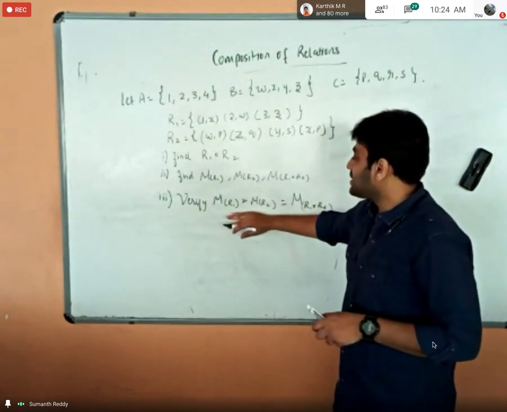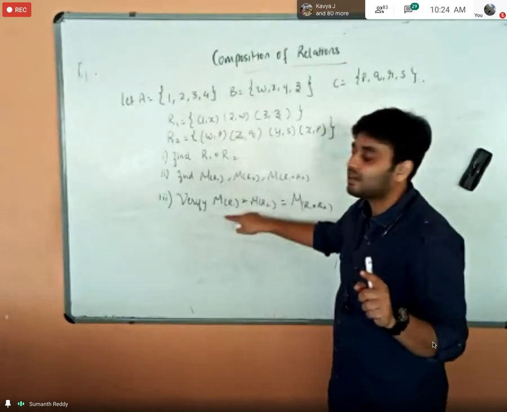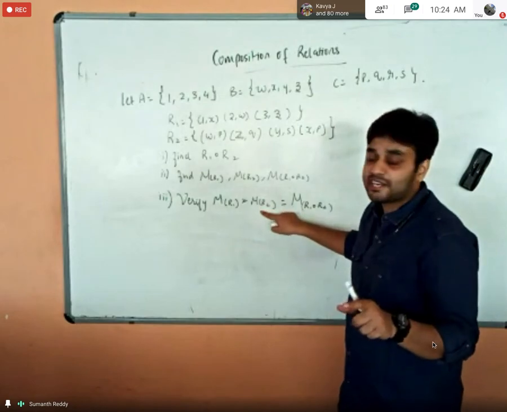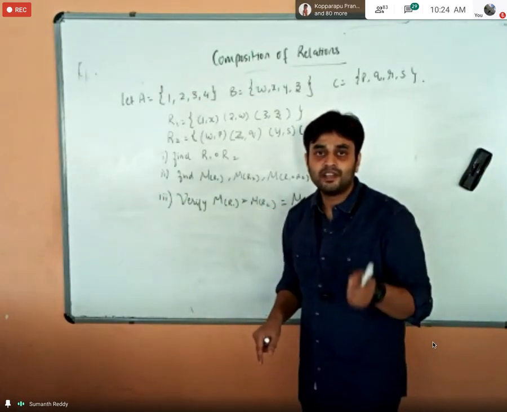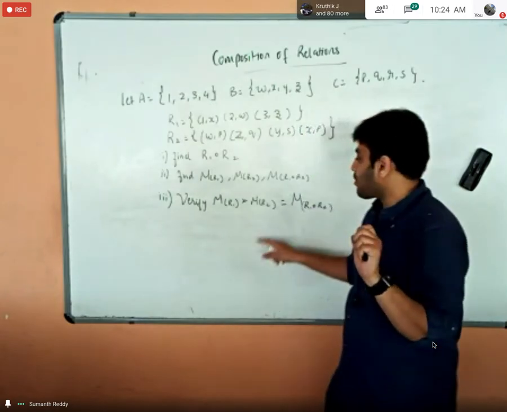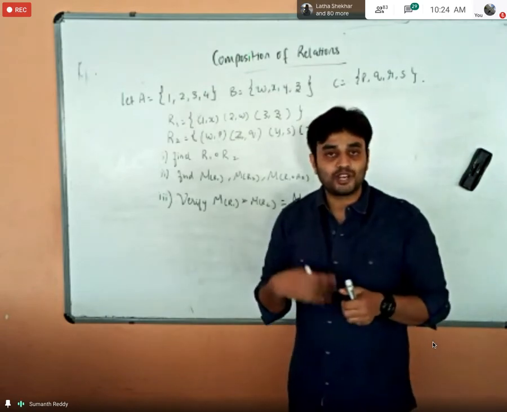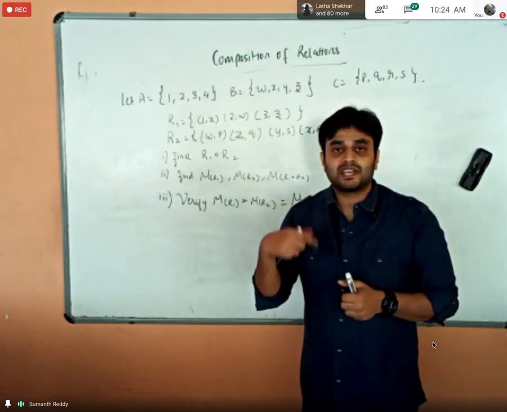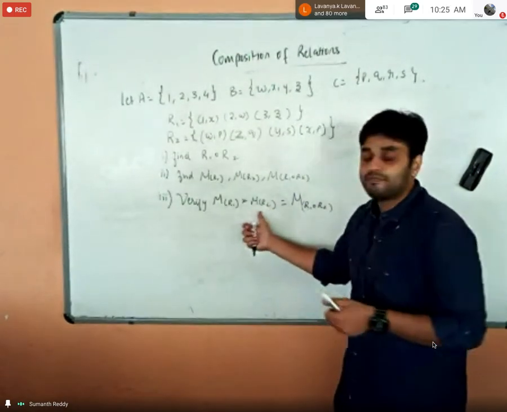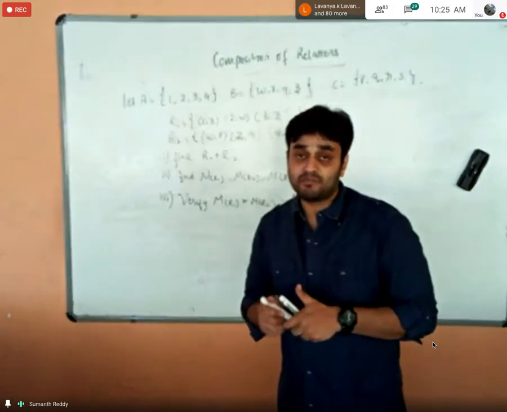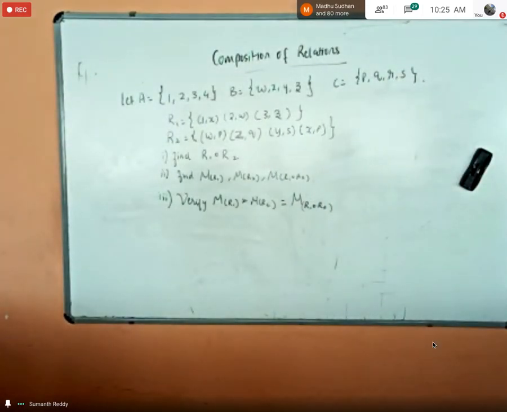Here, what he is asking is that individually you have to find the matrix for relation 1, which you can see here, and you can write the matrix. And you have to write matrix 2, and then do the matrix multiplication. I think you have an idea about matrix multiplication, right? So find the product of these two matrices. After this, first find R1 composition of R2, and for whatever relation you get, construct the matrix and check whether they are the same. I'll give you 5 minutes, so please try to solve this. This is one of the repeated problems in the exam.